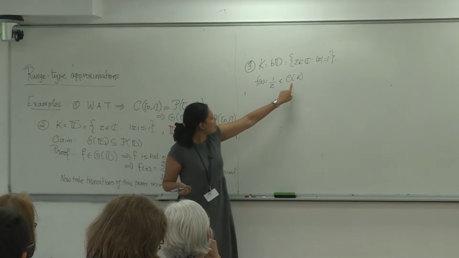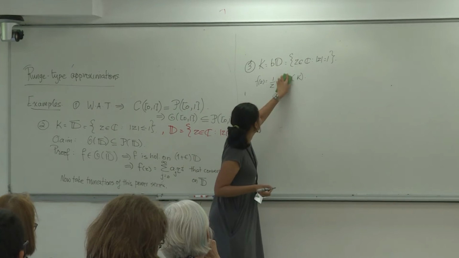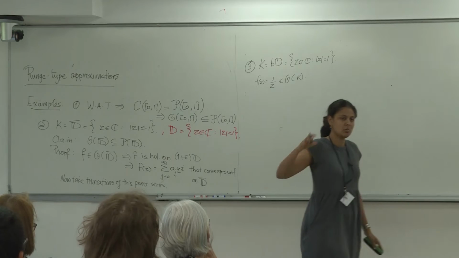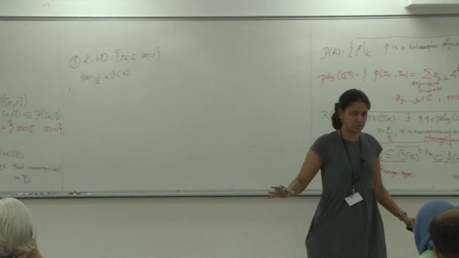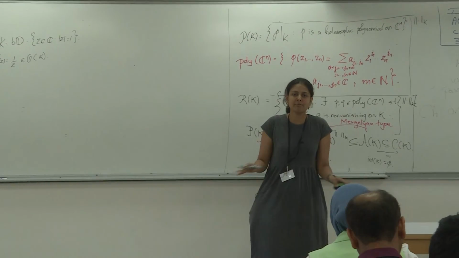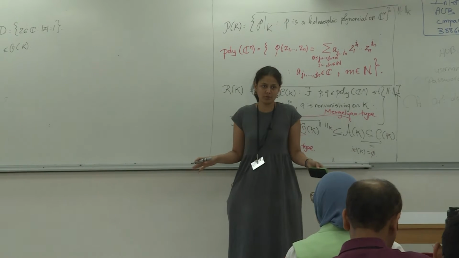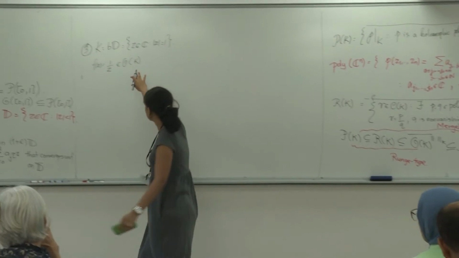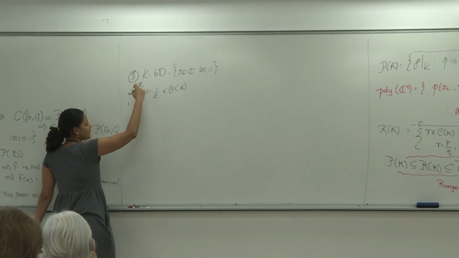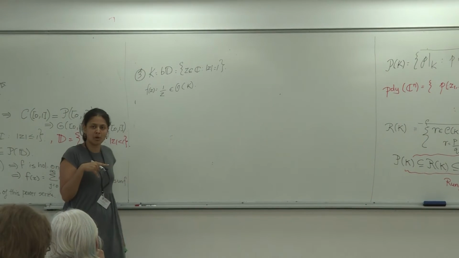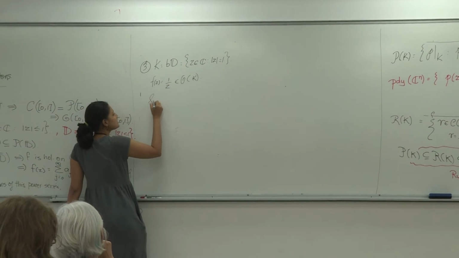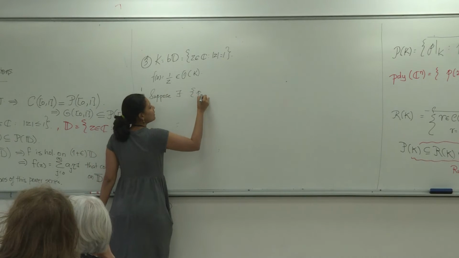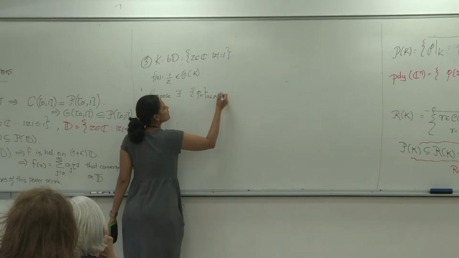And my claim is, okay, let's stick to the class that we care about. For Runge type approximations, we care about O of K. So let's just focus on O of K. So 1 over z is definitely holomorphic in a neighborhood of the unit circle. It's in fact holomorphic everywhere except at the origin. So this is fine. And I'm saying that there's going to be a failure of approximation over here. So suppose there exists a sequence of holomorphic polynomials